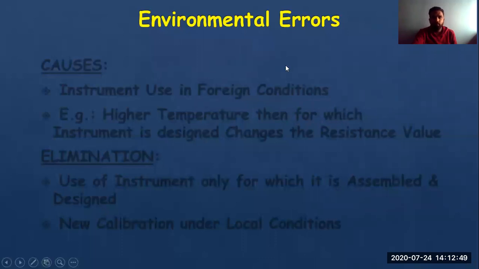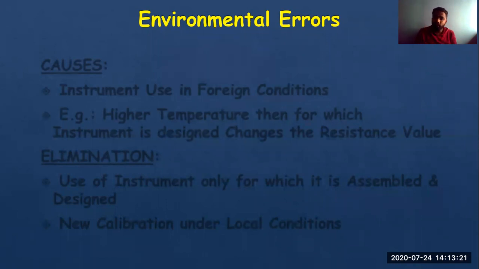Mute yourself. So we'll go to the next type, environmental error. Suppose I have designed my instrument for a particular environment, and if I change the environment, if I take that instrument to an alien condition, there will be some error introduced by the environment. This is possible whenever the instrument measures temperature, pressure, humidity, which are directly related to environment.